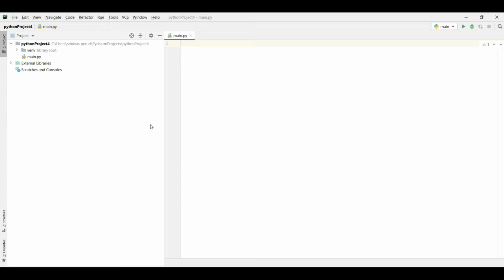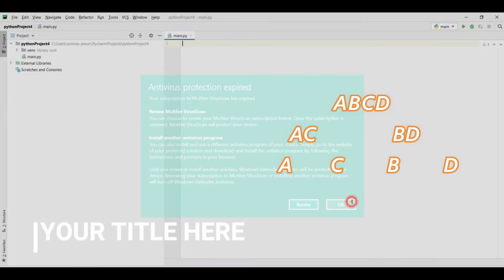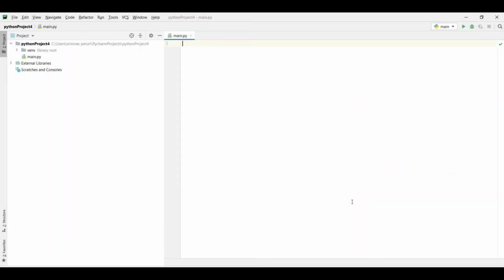I have divided this ABCD module into AC and BD, and then divided AC and BD individually. Then I will have A, B, C, D. It means the entire module is ABCD, divided into sub modules like A, B, C, D.